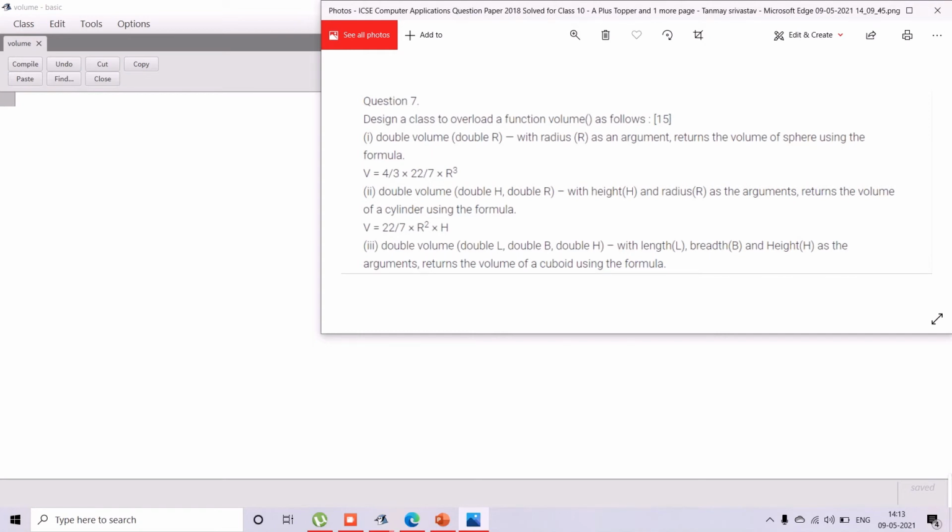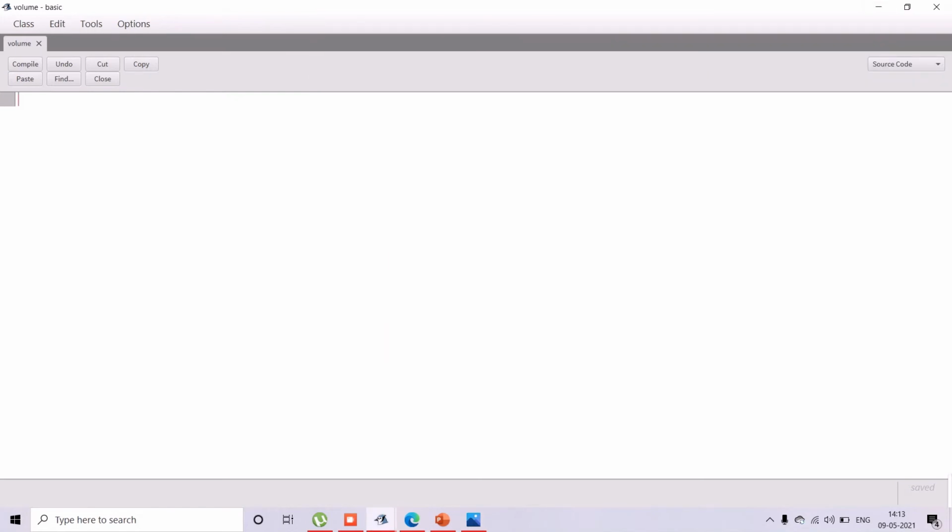So it is a simple program. We should not import any package. It is a very simple program. Here it is given which function we should use and which variable we should use, and all the symbols are also given. So we can directly put public class, with the name I have given, the same syntax, then open a curly bracket. This is the opening of the class.